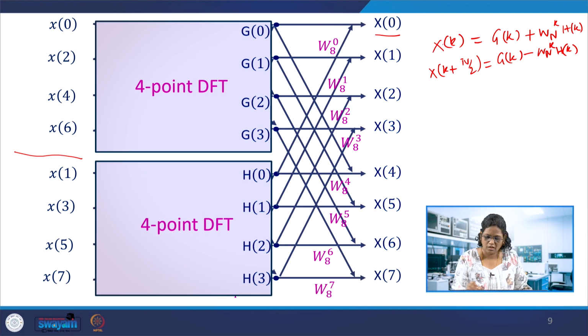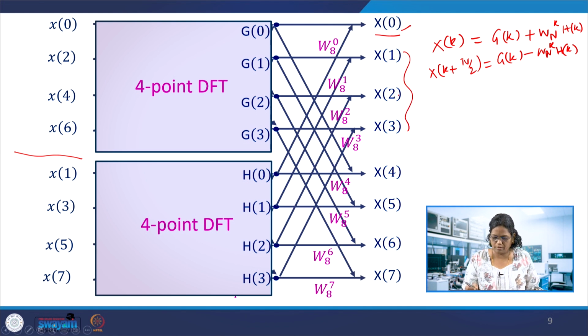So using this equation, x of 0 is obtained, and then x of k varies from 0 to N by 2 minus 1. From this we get four of them, with W_8^0, W_8^1 referring to these, and here the four are referring to these. So we get this from the 4-point DFT, and the samples you can take as x of 2n and x of 2n plus 1. So these are the even samples and odd samples. When you feed these samples to the DIT algorithm, they need to be in bit reversed order. This is the first stage of the computation.